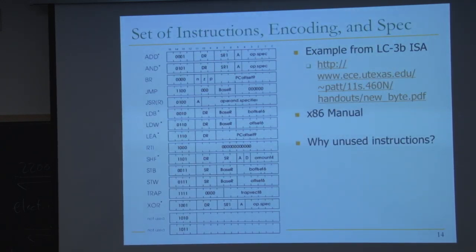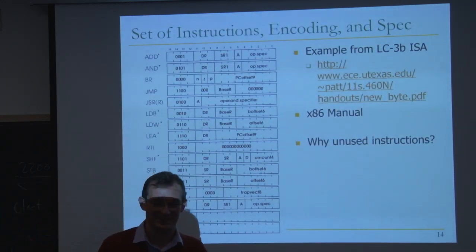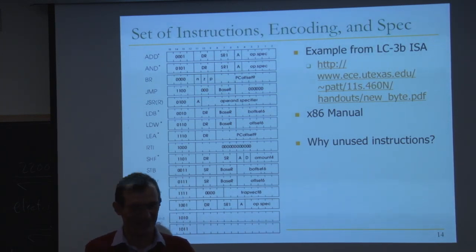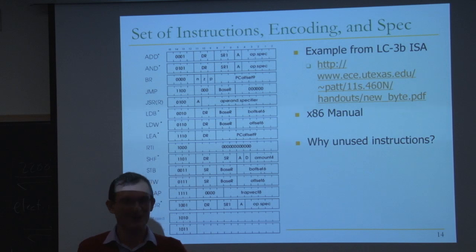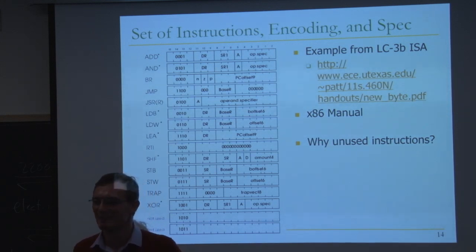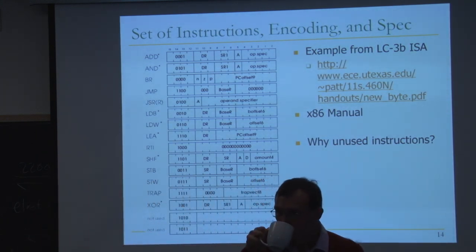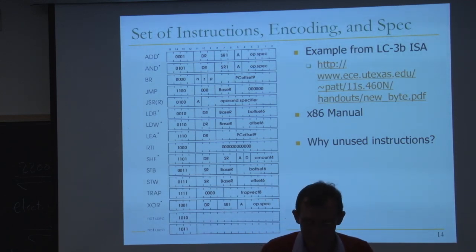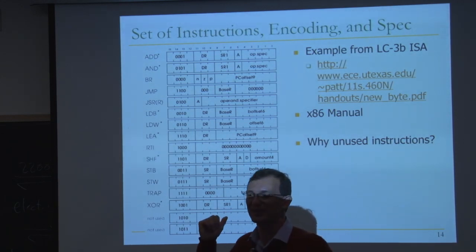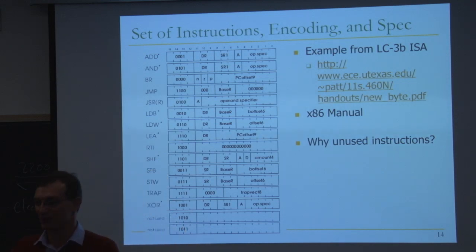Yes? For extensions to the ISA later? Well, ISA you could consider as a language also, right? It's a language that's at the boundary of the hardware and software. Yes? Yeah. Well, extensions to the ISA are also, if you have, let's say, like a coprocessor or something, you only want that to pay attention to that, not have that in the ISA for every other chip. That's part of the architecture. That's right. Yeah, this gives basically flexibility to add new instructions or coprocessors